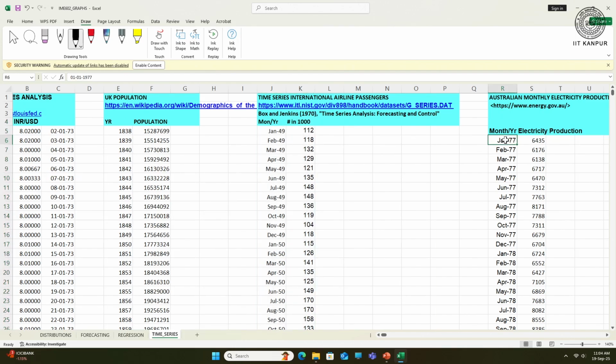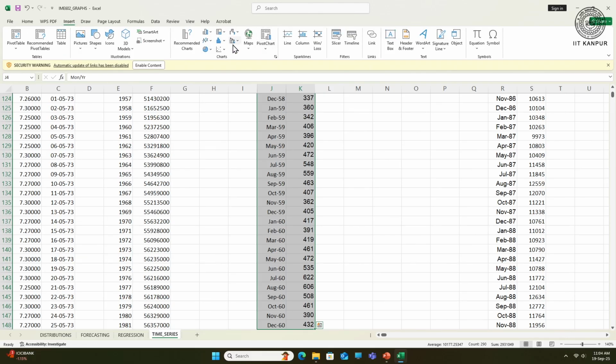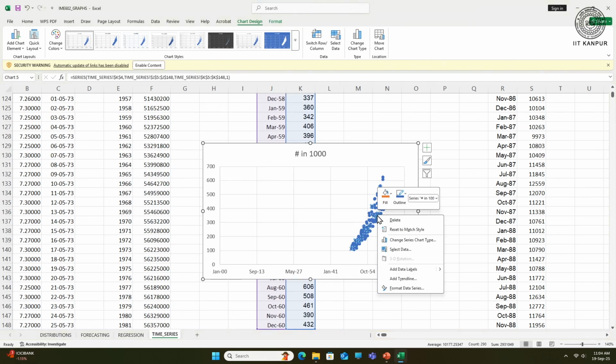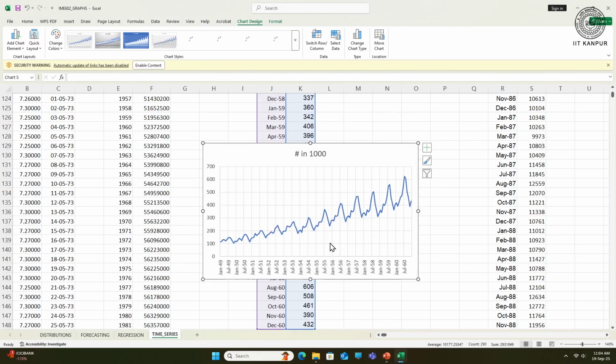If I consider the Australian monthly data, oh by the way, sorry, I only plotted the histogram. Now, how it would look like a time series, that was the main idea. So, if I plot it, I have not finished it, give me some time. Yes. So, this is the diagram for the